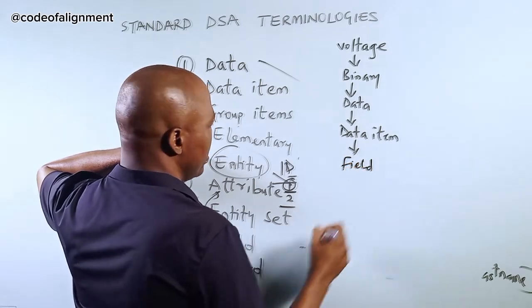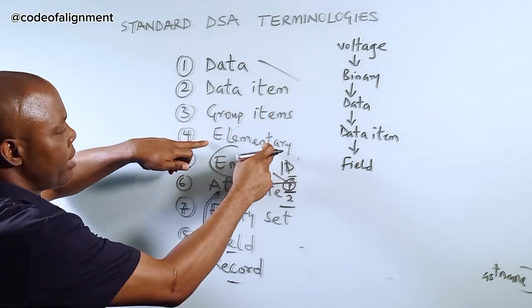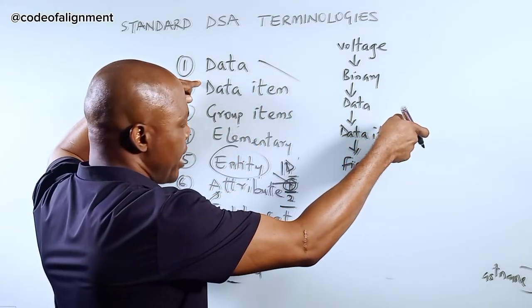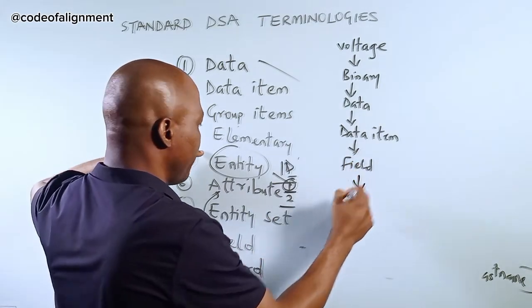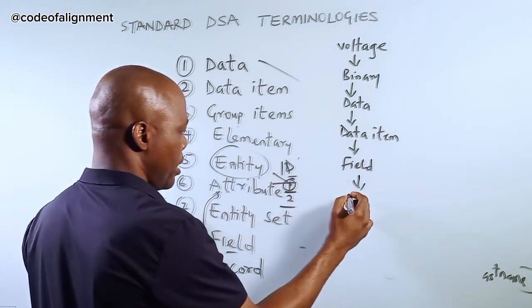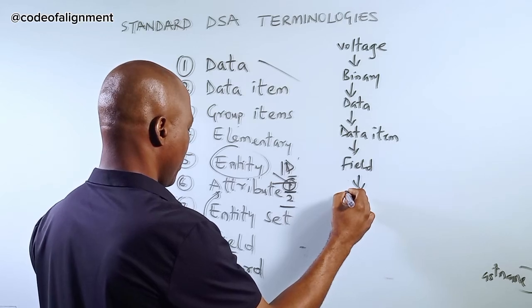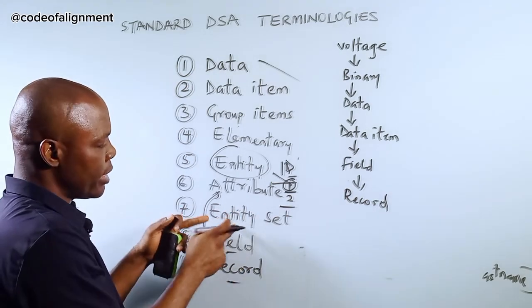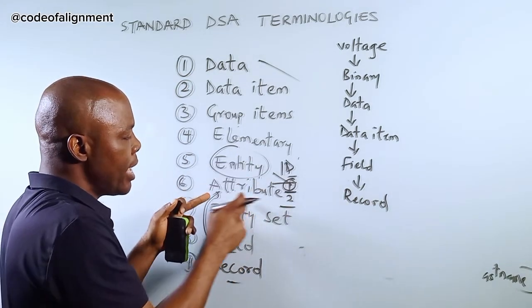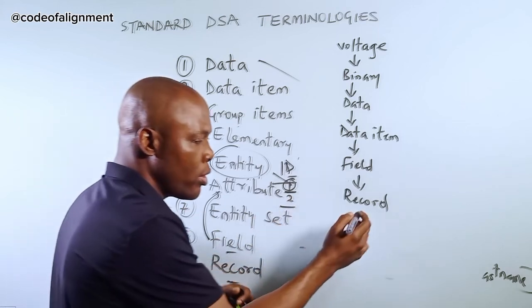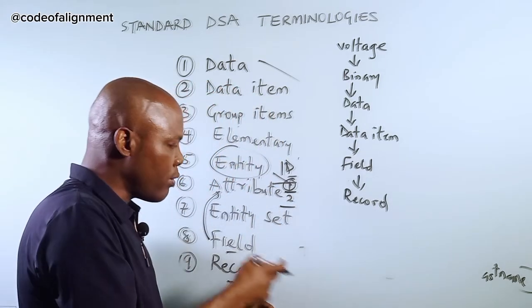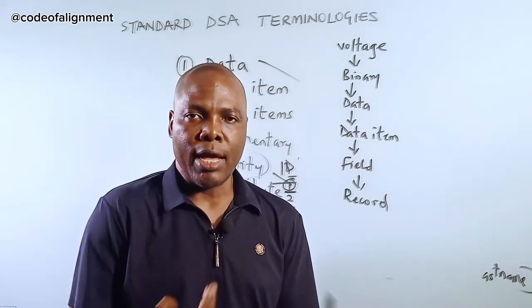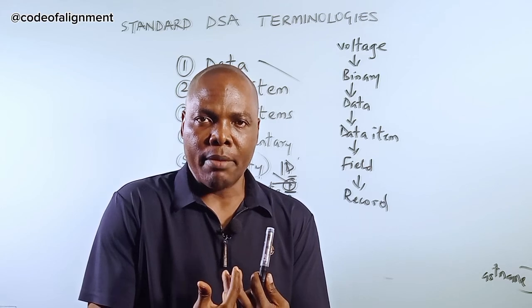Now, I will explain to you. The reason why we are not putting the group items and the elementary items is because these are just types of data item. So we have this one here. Then we have field. Then from field, we move to what? Record. Now you will see that there is no entity attribute and entity set. That is simply because a record is a representation of what? An entity. If we say entity is a real world object, now, for example, myself,